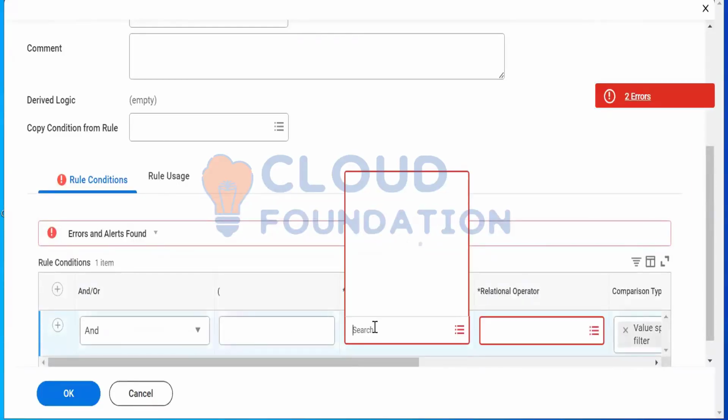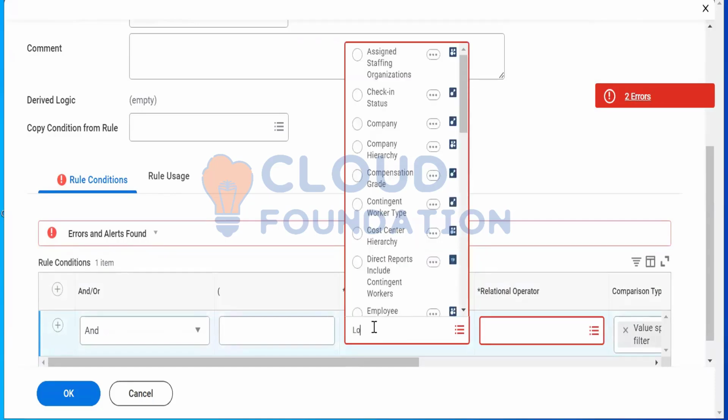Here I'm specifying what rule that I need to give. Since I wanted to have all the employees from US should get access to manage their vaccination data. So in worker business object, we have